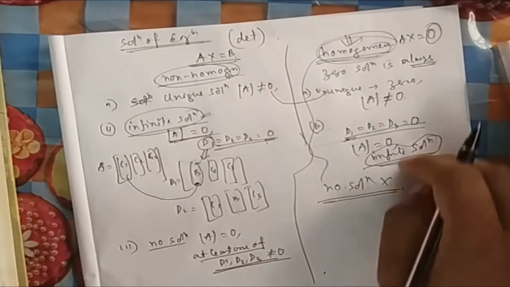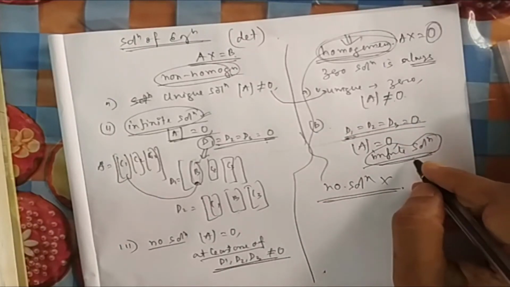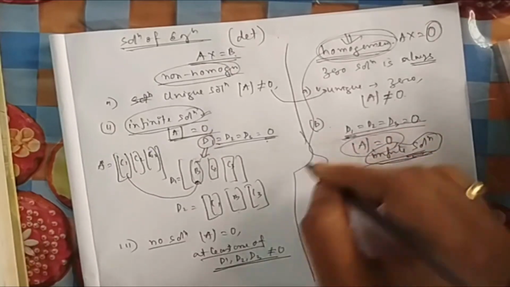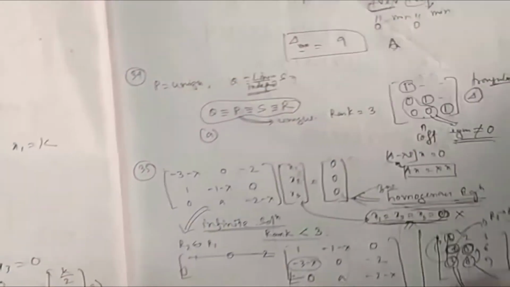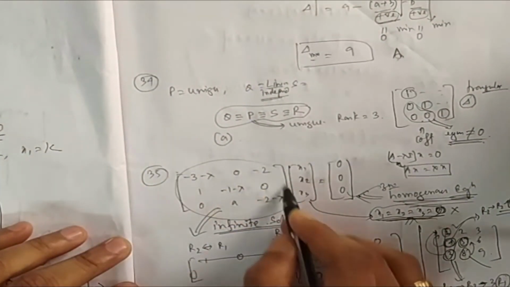As we have discussed, we will not go for 0 because we need 3 independent solutions. So that's why we will go for infinite solutions. For infinite solutions, only the determinant of A is equal to 0. Without solving that rank portion, what we have solved here, it can save some time if you take the determinant of A equal to 0.